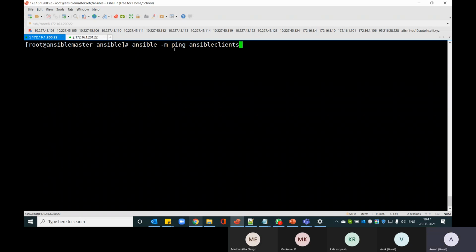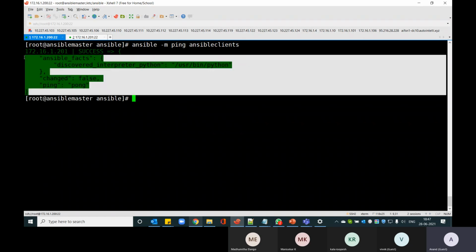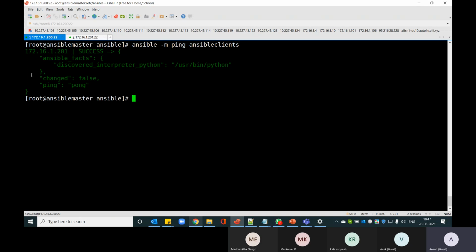So I'm just putting ansible -m ping, and which group? It's my Ansible clients group. You can see in the immediate response that I got yes. It gives me the pong message. I send ping, it gives me pong back, just to make sure that it is responding to all my Ansible commands. And it also tells me it is a success.